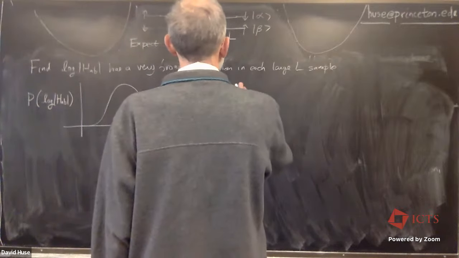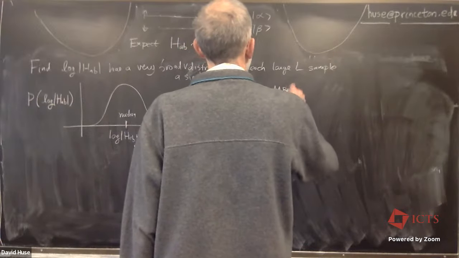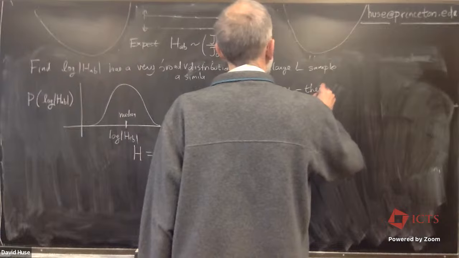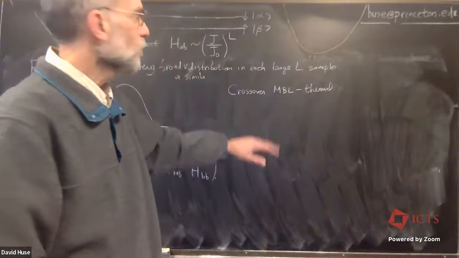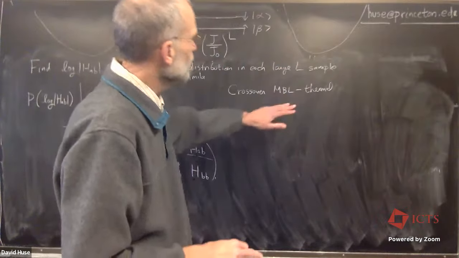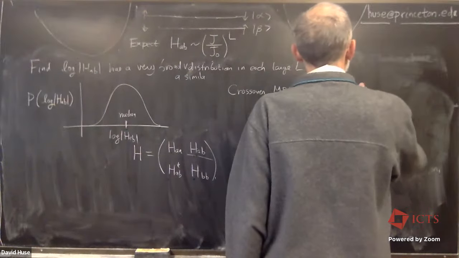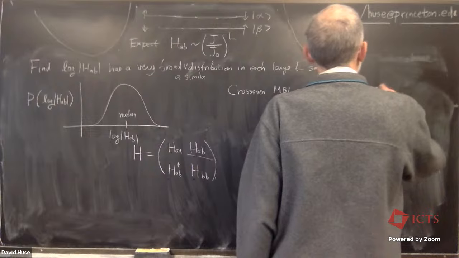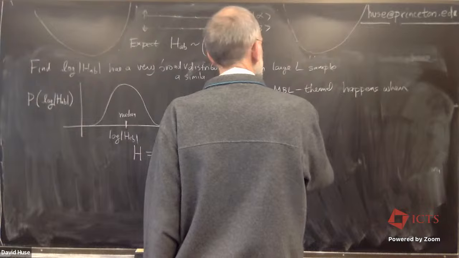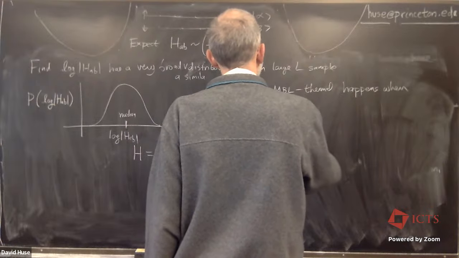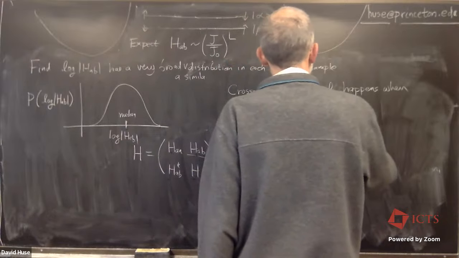Okay, and now the crossover from MBL, pre-thermal MBL, to the thermal regime. This is all really within the thermal phase, but the crossover in a finite L system from the MBL regime to the thermal regime happens when the median HAB is of order